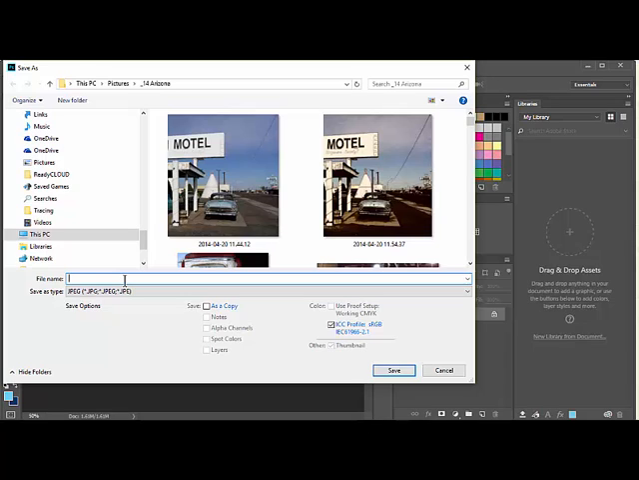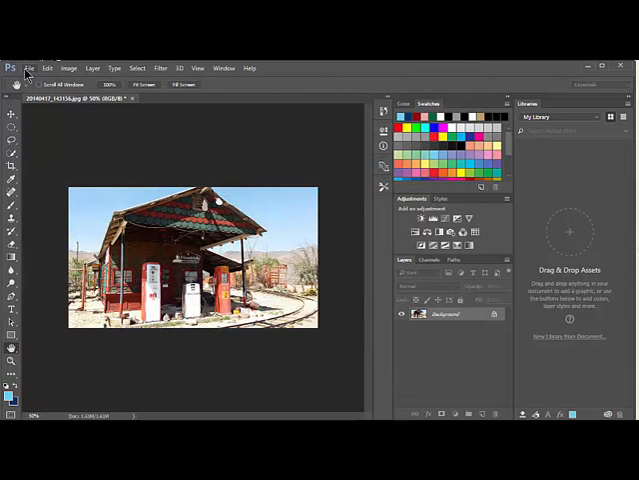I can call this one 1000 gas station. That would be a way that I can save this now as a 1000, and I'm using the word 1000, so when I look at these images in my folders, I know this is the 1000 or the 500 or the 300 version. I can also use File,